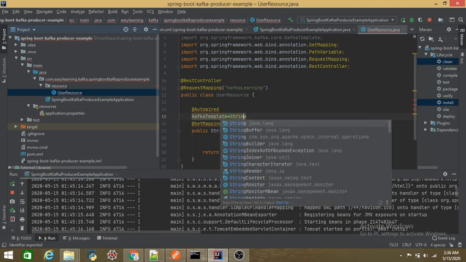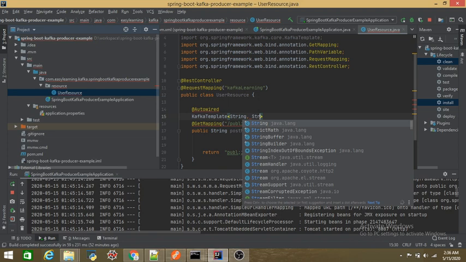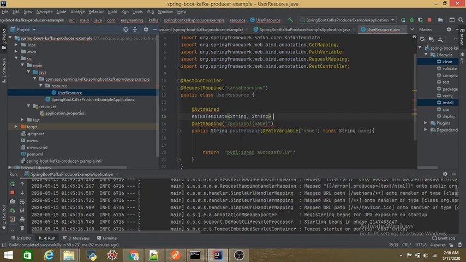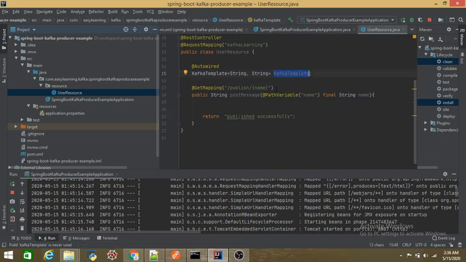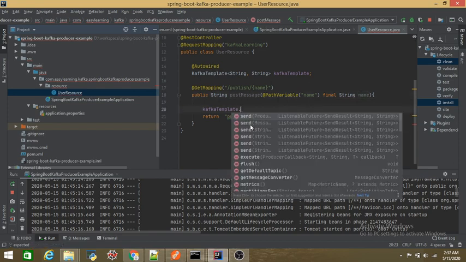As I am sending a string type of message, I am passing String as the type argument in the KafkaTemplate. So we are all set to send the data using the KafkaTemplate. In this post message, I will accept this name and send it to the Kafka topic using kafkaTemplate dot. You can see we have so many methods to work with KafkaTemplate.